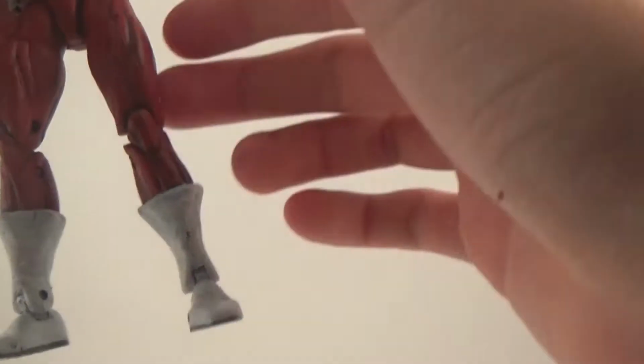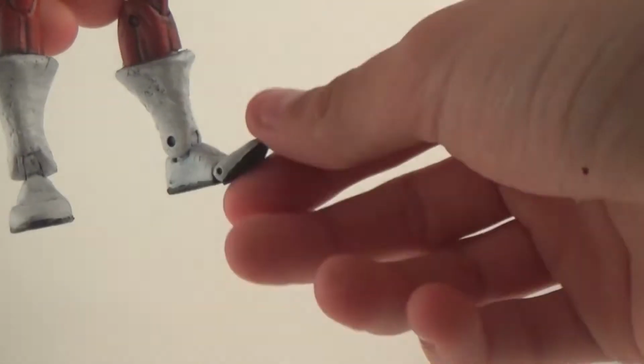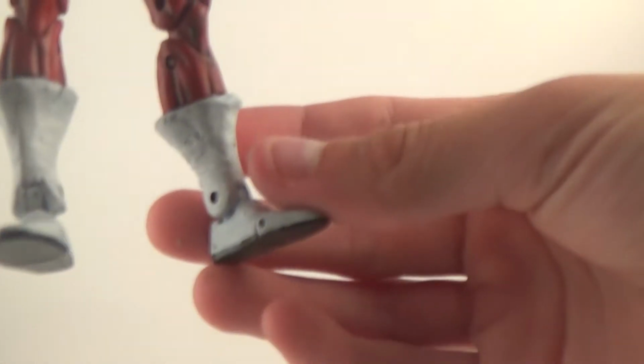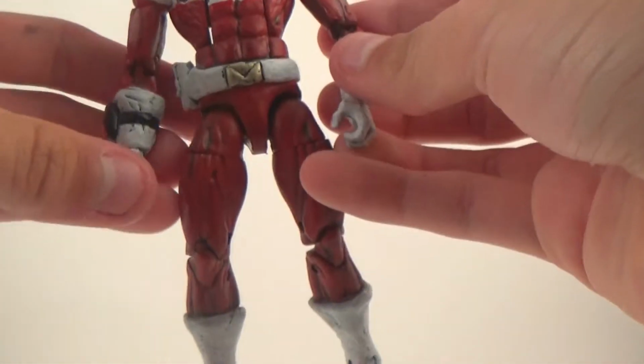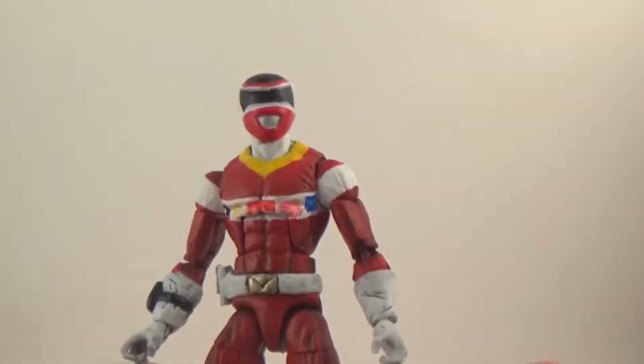The rest was really paint work. The boots are from, I think, Quicksilver. I'm like 99% sure this is Quicksilver, and then I sculpted up the boot to make it look like a boot, you know? And then I sculpted over here to make him look like he was wearing gloves, and I sculpted his belt. Other than that, it was just a complete paint job, which was a real hard thing to do,